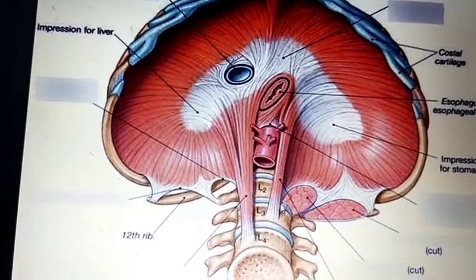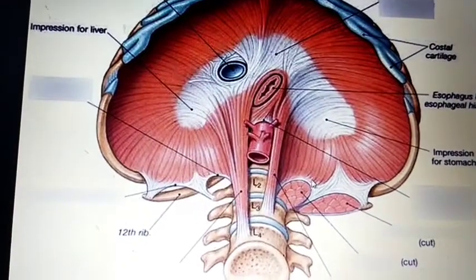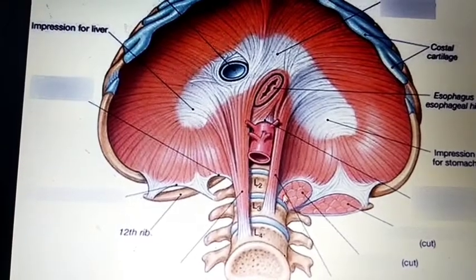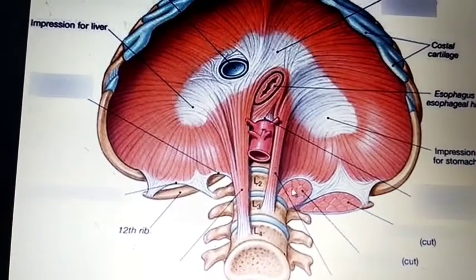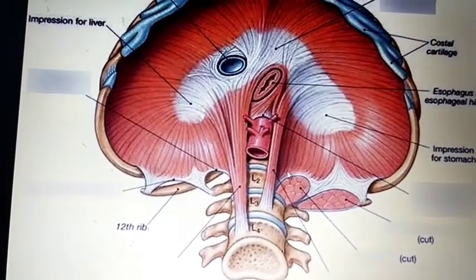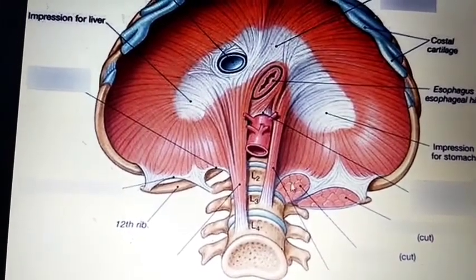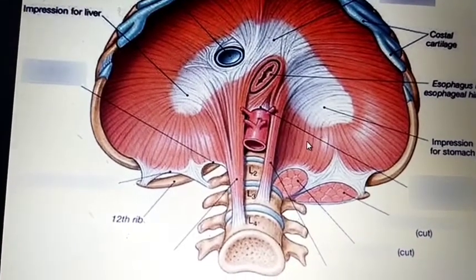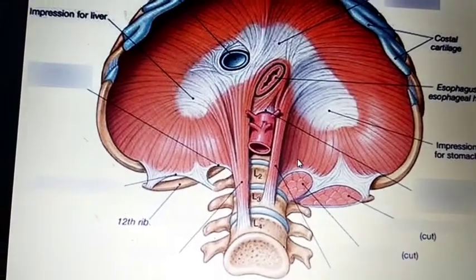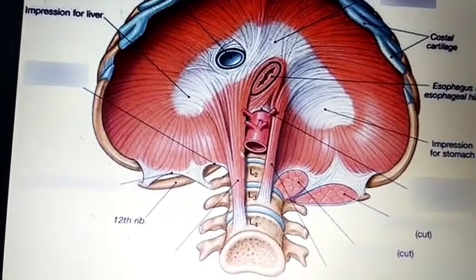In that slide also you can easily understand. This is the medial lumbocostal origin. This is the first arch-like structure, and this is the psoas major muscle. This is the L1 vertebra, and this is the transverse processes. This is the lateral, and this is the origin of the lumbocostal origin of the diaphragm. These are the crus: this is the right crus and this is the left crus of the diaphragm.